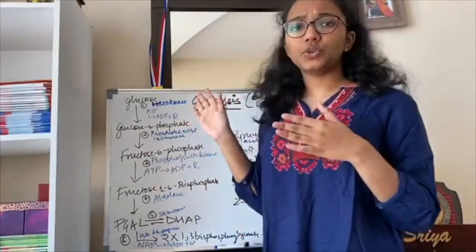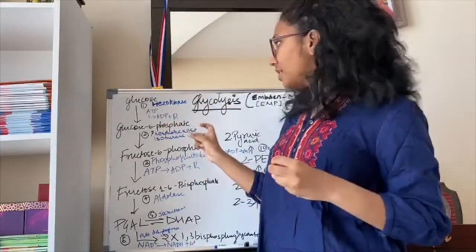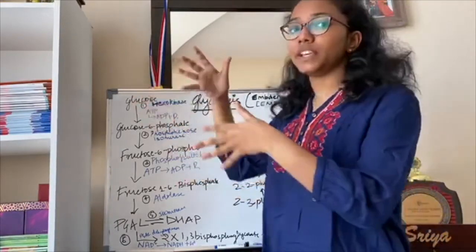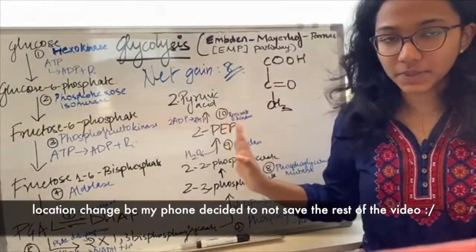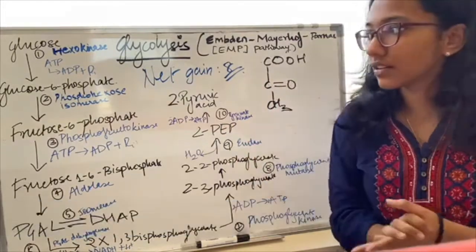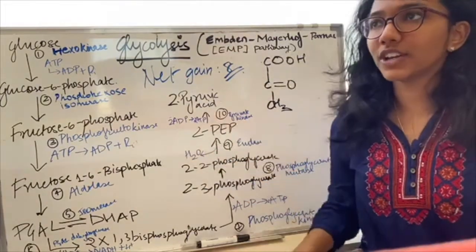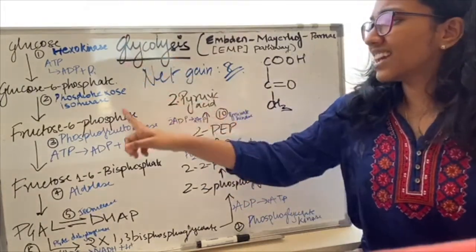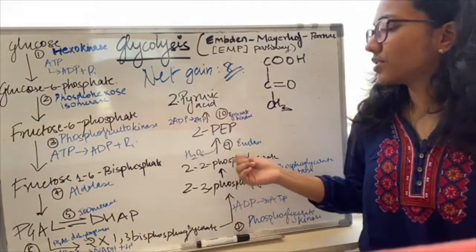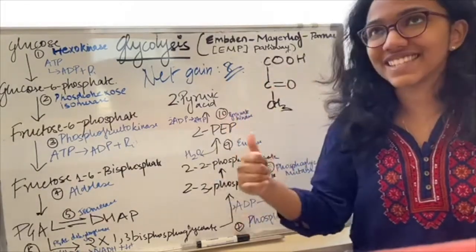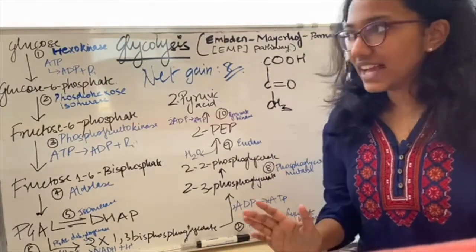See, it's easy to remember this cycle when you look at it in this way, when you look at the names of the enzymes, etc. And when you can see where ADP is being converted into ATP, where phosphate is being released, etc. It's better if you remember this cycle this way, but if you want a mnemonic, you can find many on the internet. The mnemonic I used, basically I made this into a song, but the other mnemonic I used was good girls like French fries, pagal dudes like big phones, photos and PP. Don't judge. I made this in 11th grade and you know how people are in 11th grade. Anyways, so we're done with that.